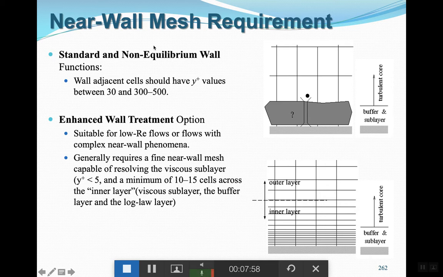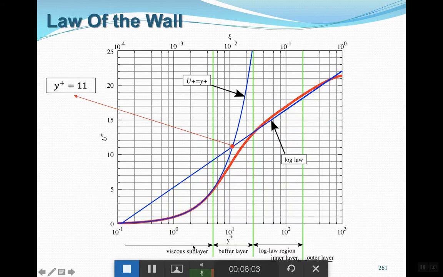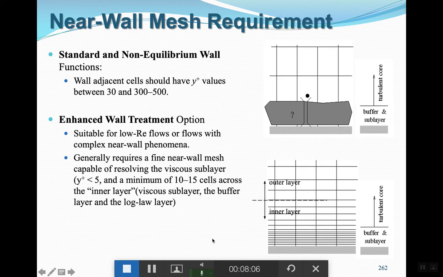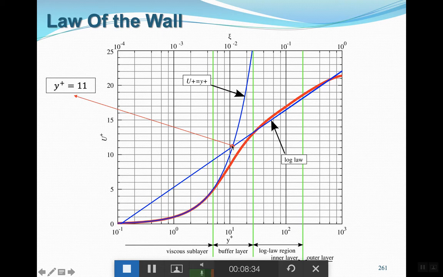Basically, you take the buffer layer and sublayer, box them together, and instead of resolving them using your equations, you assume it as a black box and use extra auxiliary equations for it. Which means your first layer of cells is much higher than these two zones. For that reason, the wall adjacent cell should have a Y plus value of 30 to 300,